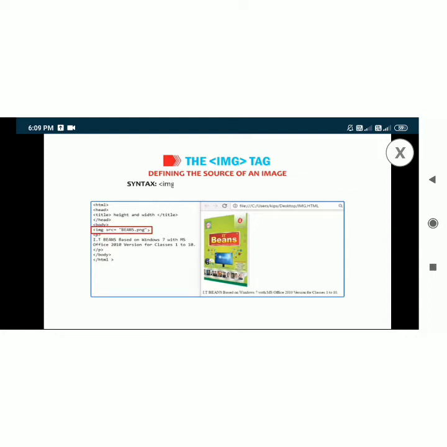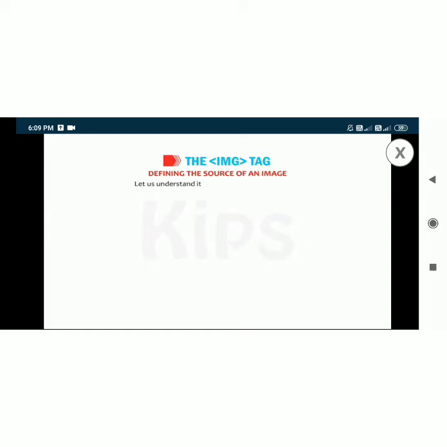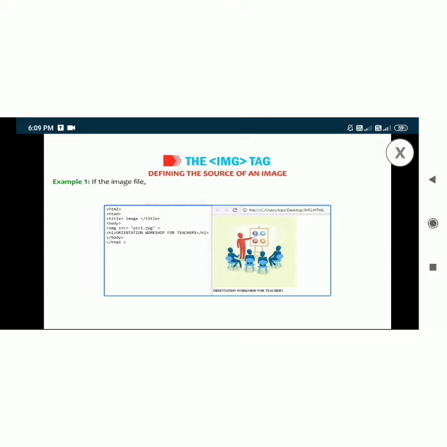Syntax: img src equals to address or path of the image file, close. While specifying the image file, one should be well aware of its location, that is, where the file exists. Let us understand it with the following examples. Example: if the image file, let us say pic1.jpg, lies in the same folder where the referring HTML file is located, then we can refer to the image file by simply writing its name. img src equals to